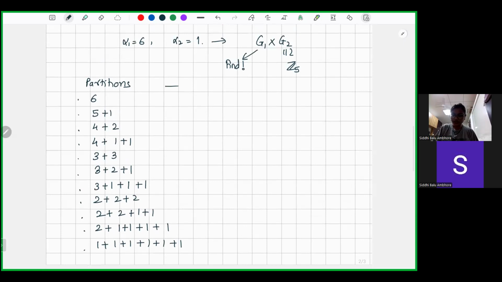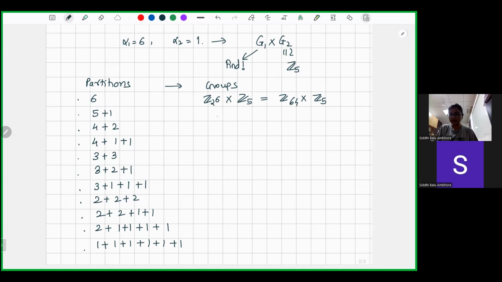And so the corresponding group here will be Z2 power 6 in product with Z2 power 5. So that is Z32 into, not 32, 64, right? Yeah, Z64